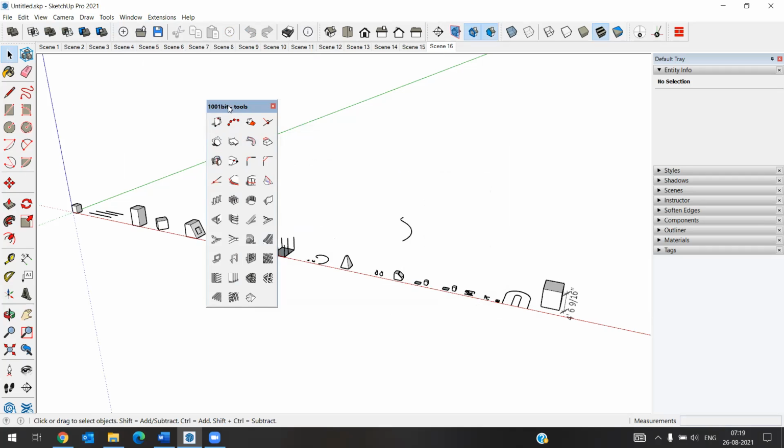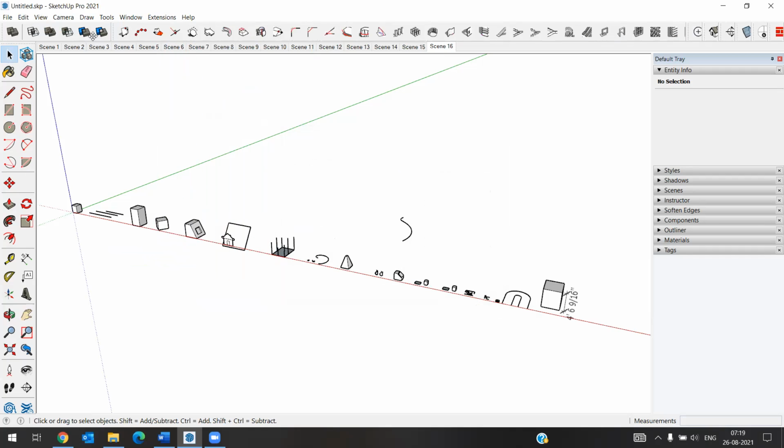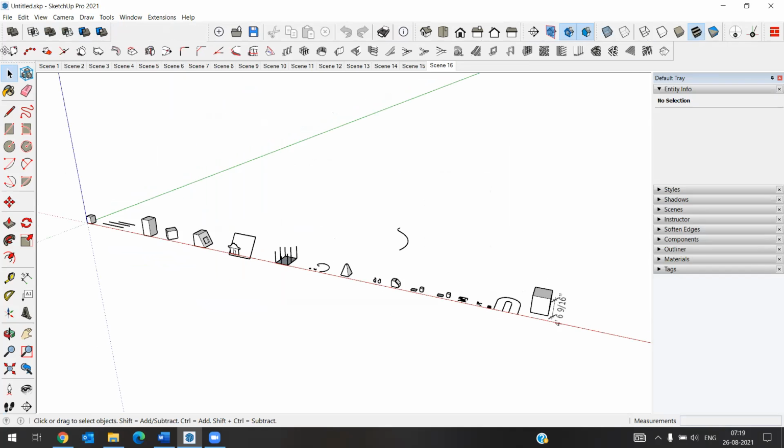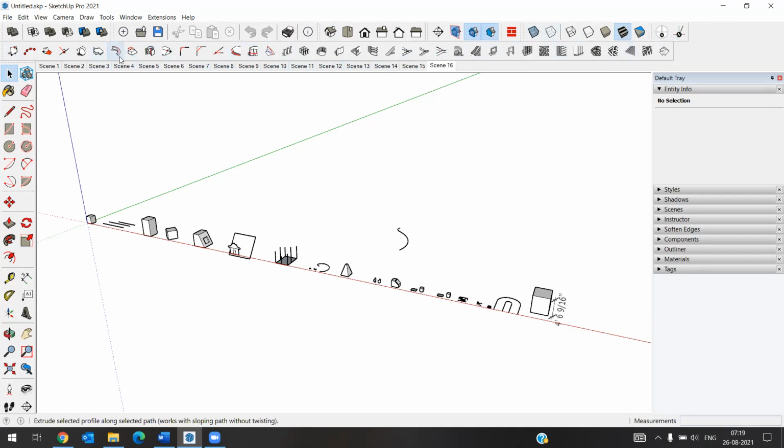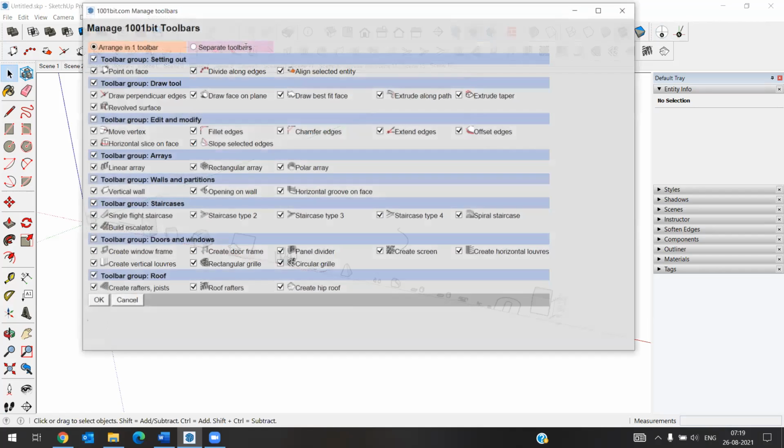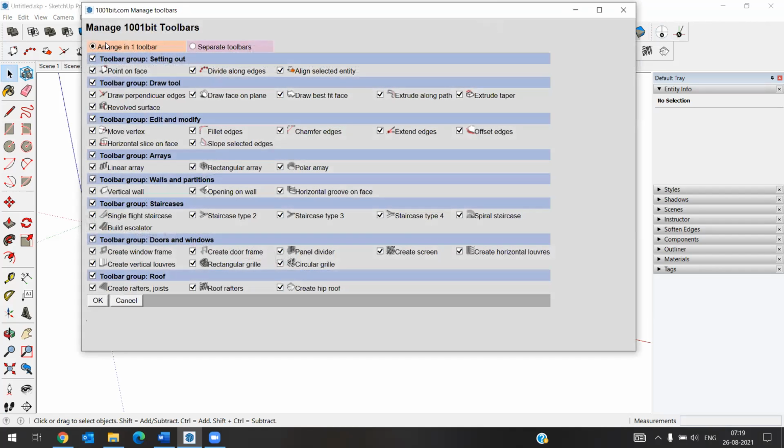Okay, we have many tools here, and if you click there, automatically it will place here. Okay, these are many, or you can individually show these tools on your screen. So for that you have to edit that. So you have to manage toolbar. See, arrange in one toolbar or in separate toolbars. So if you click on that,